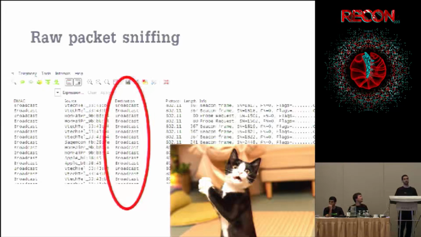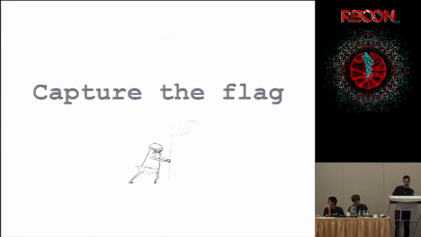All the packets that we receive are broadcast packets, and actually we're not really in monitor mode, because this way you can't do any Wi-Fi pwnage, and we don't like that. So we guessed that what we needed to do is to find some way to put the chip into promiscuous mode. And we guessed that in order to do so, we need to set some flag that will put the